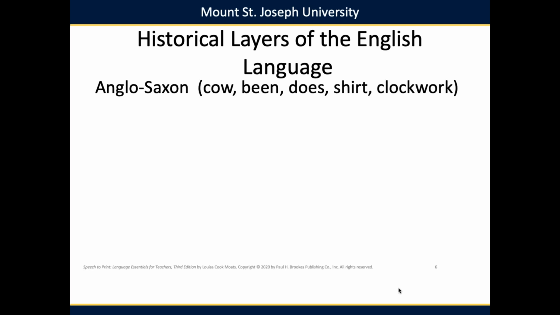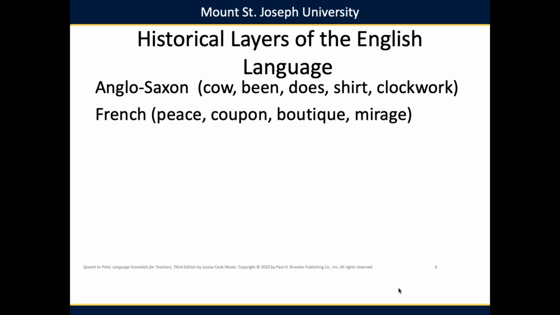Many English words originated from the Anglo-Saxon. These are some of the most common one-syllable words in the English language. They are words like cow or dog or pig. Anglo-Saxon words often include vowel teams like the word bin. They also include silent letters, digraphs, irregular spellings, function words, and compound words.